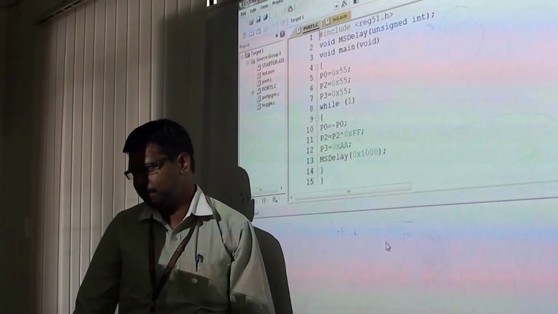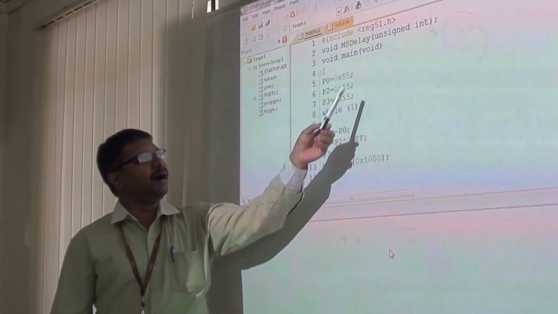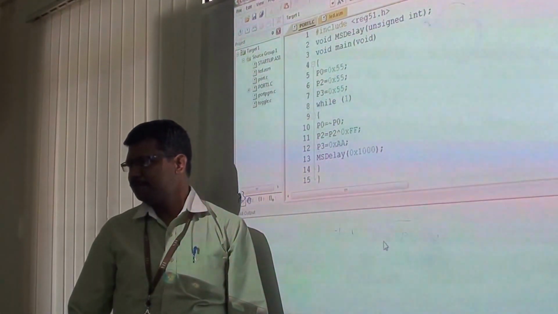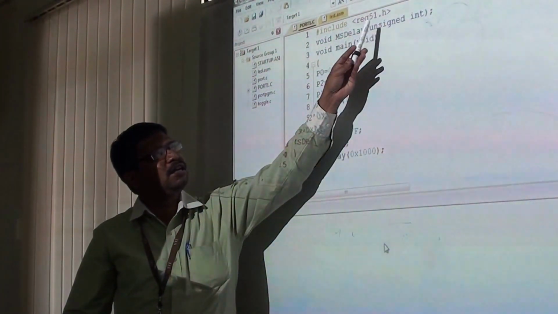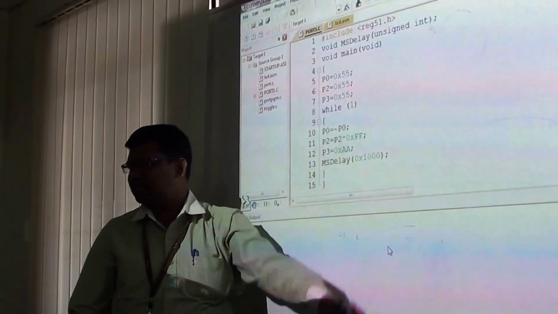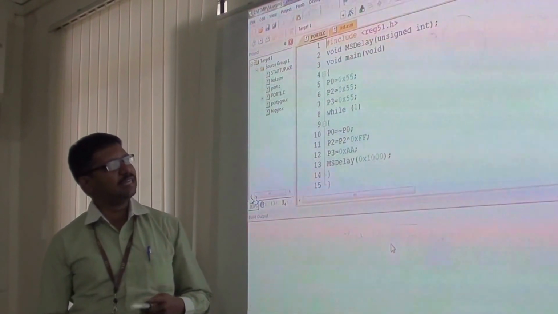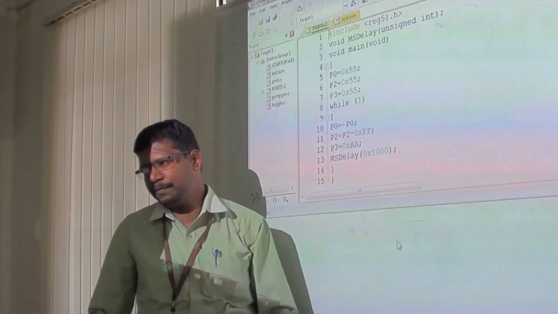unsigned integer. What amount of delay has to be generated will be decided by the input which we provide in this particular input format. The format has to be given here, unsigned integer or floating point. We are going to use unsigned integer. So for example, if I want to have 250 milliseconds or 250 microseconds, I can provide the value 250.